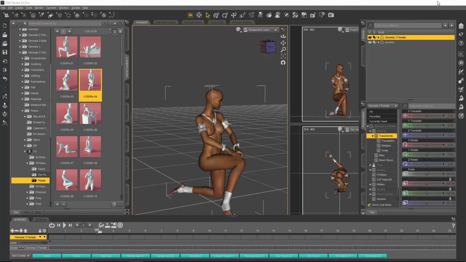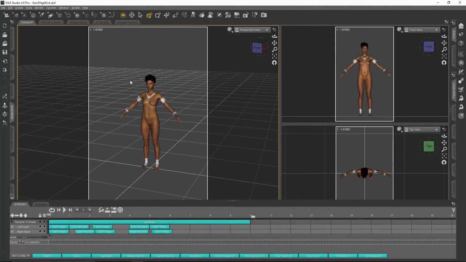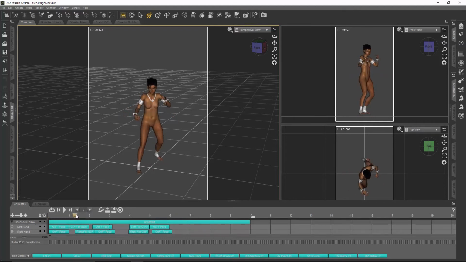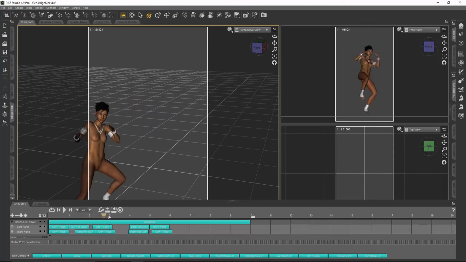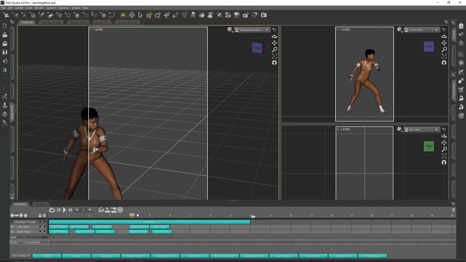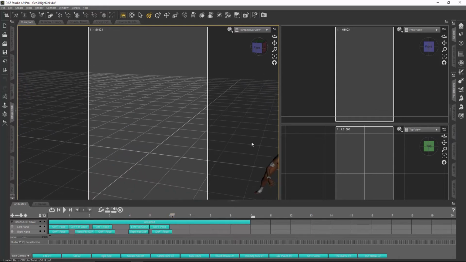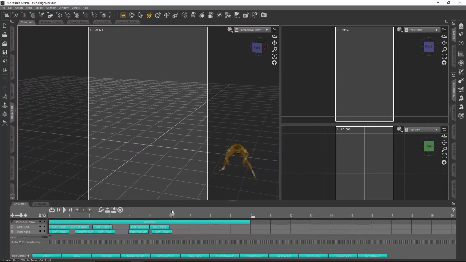Now the actual file is here. So I did the same thing, loaded the jewelry onto my character. I've got these same animations here. I tweaked this left and right fist animation so that I had more dexterity over that. As you can see, the character goes through her animation, jumps, and she pivots to the side and goes through the high kick. There you go. That's that full animation there.